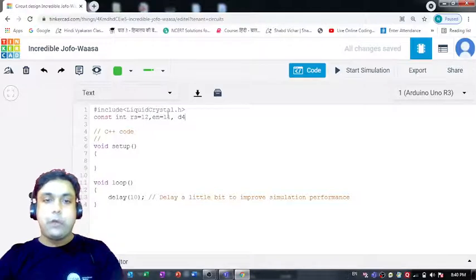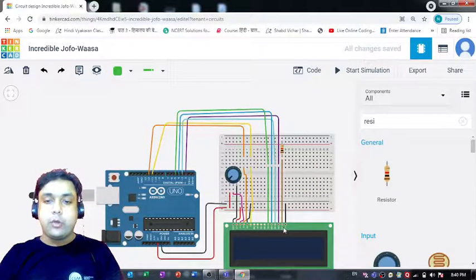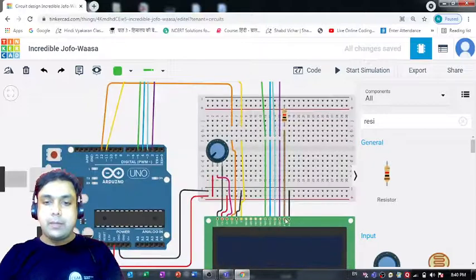Similarly, to which pin of Arduino have we connected the D4 pin of the LCD? Let me just check it out. So this is D4, yeah. We connected it with pin number 5. And then D5 is with pin number 4, then D6 is with pin number 3, then D7 is with pin number 2, I think, yeah.